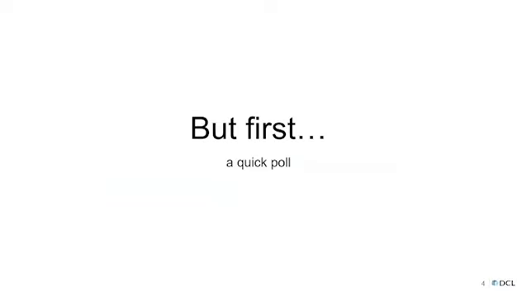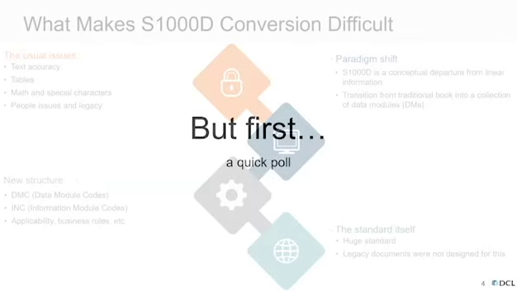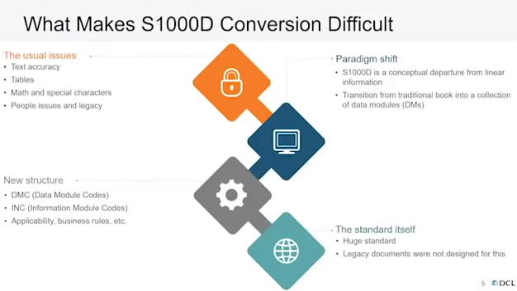Okay, thank you, Marianne. Good afternoon to everyone. As Marianne just mentioned, we are going to discuss the concept of automation in S1000D, both in conversion and QA. This actually applies to the entire migration process from initial analysis of the legacy data to actual conversion and QA. A lot of people shy away from S1000D, and to try to understand why, you can start with the challenges of any legacy conversion.